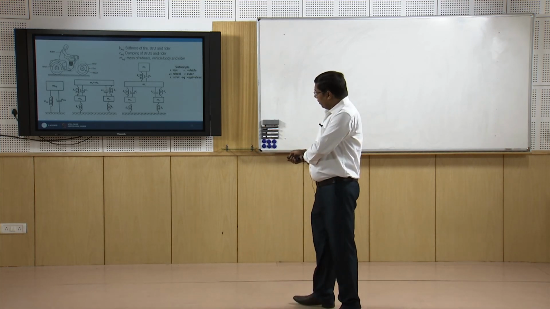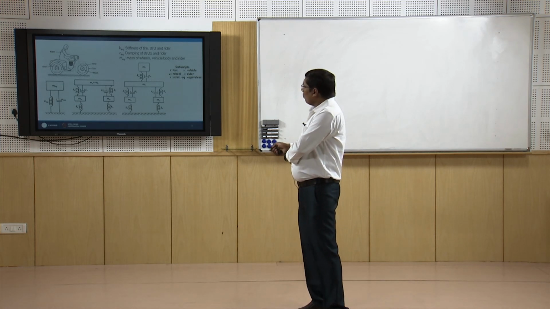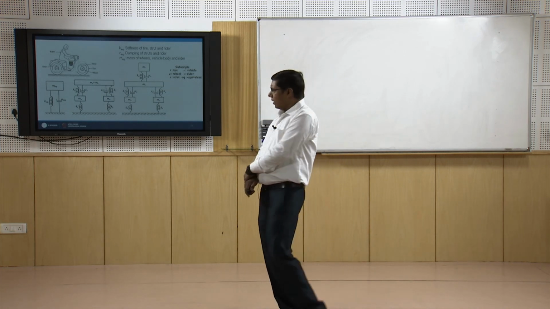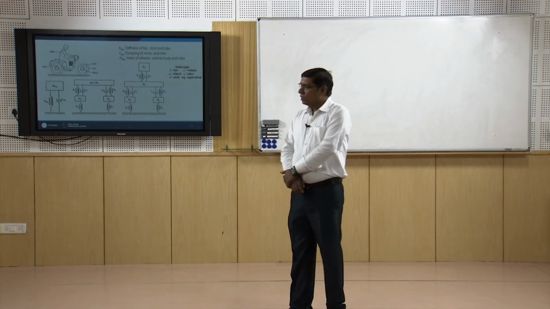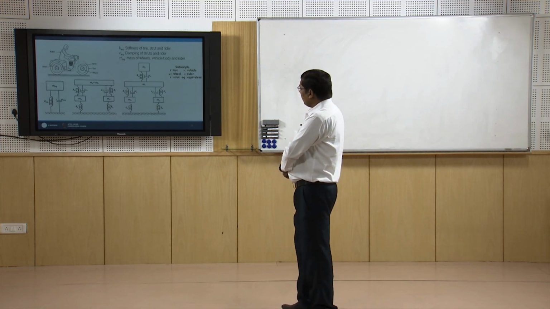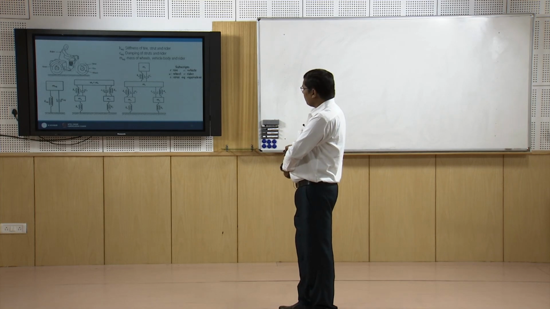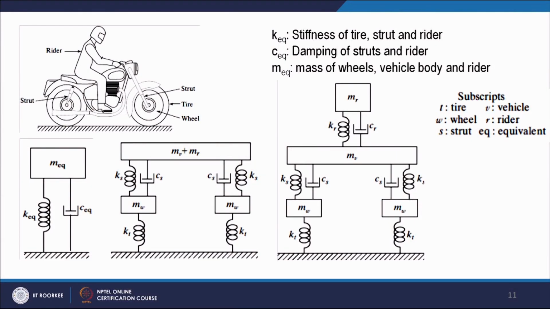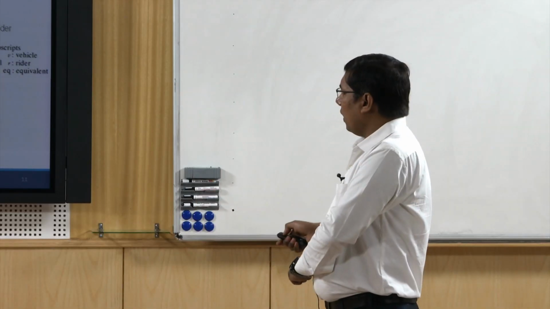Now we can even add more complexity. In adding more complexity to this model, we can separate out the rider. So here we have the tire, wheel, the strut, then the mass of the vehicle, and because the rider is sitting on the vehicle, we can take the rider as separate, with the mass of the rider, stiffness of the rider and damping of the rider. So we have added more complexity to the model,